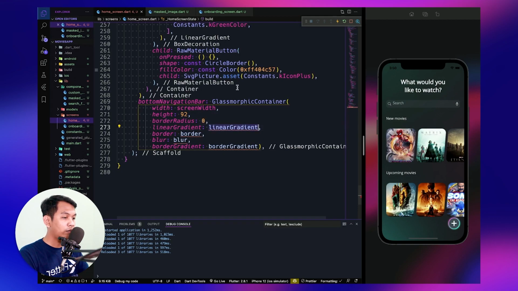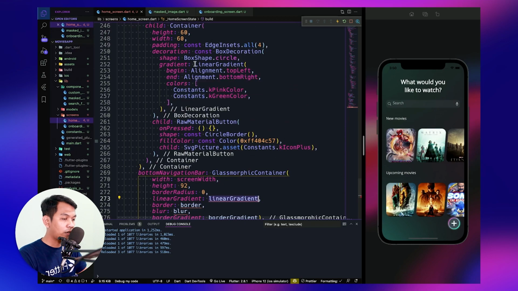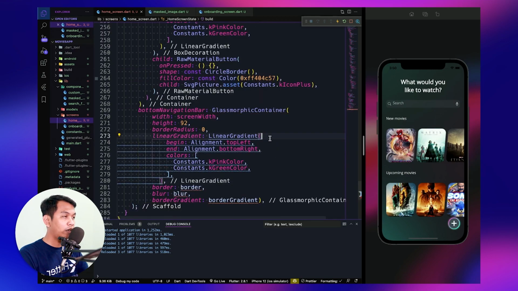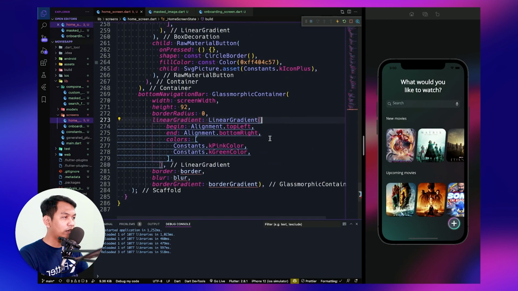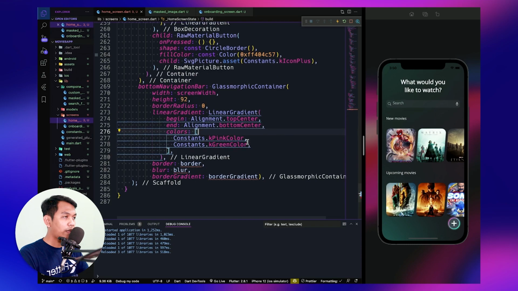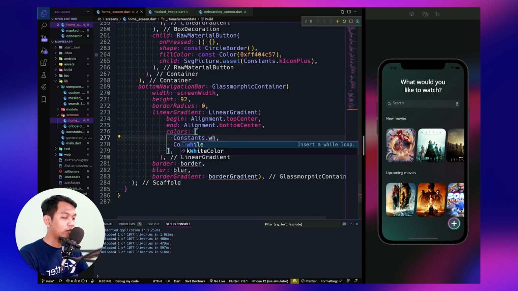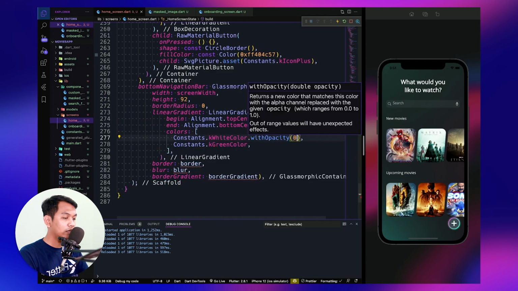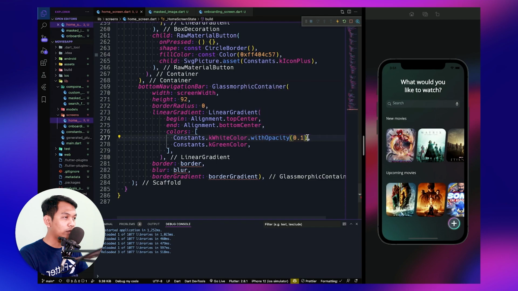Linear gradient, maybe we can copy from this linear gradient, and we need to change a little bit. Alignment begin from top center and this bottom center, and for the color we will use white color with the opacity is 10%, so we just need to copy this, paste here.